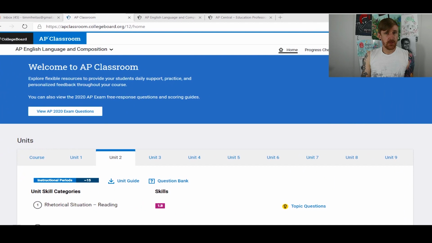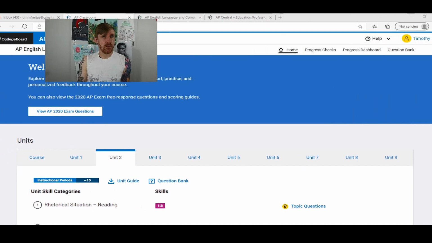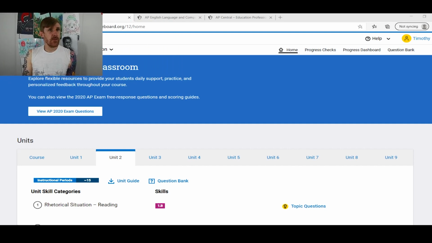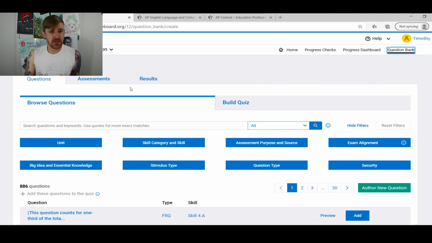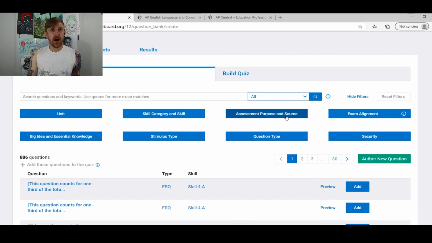I am in the wrong spot there. Let me click on this. I'll move here. If I move over and click on where it says question bank, okay, so we'll click question bank. What I can do to make sure that I build a test that is eligible to be used